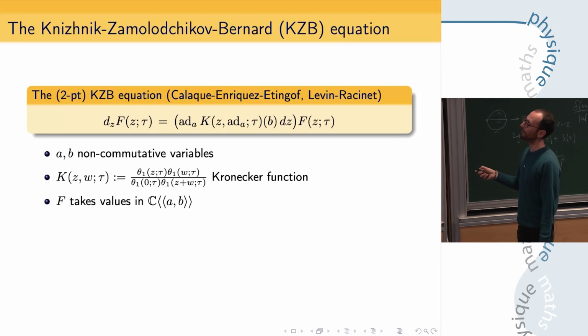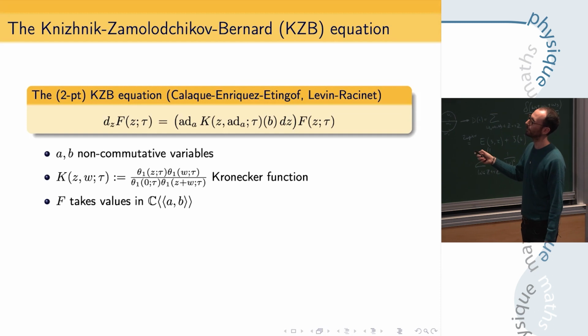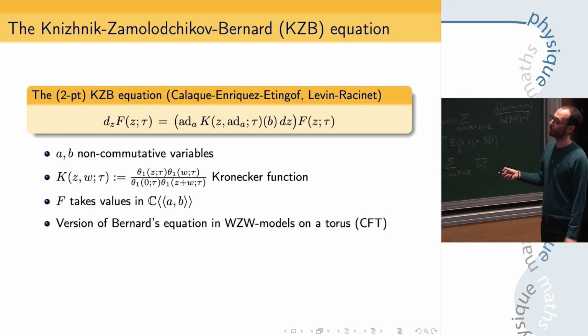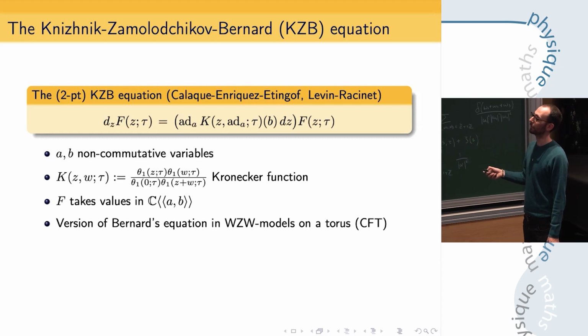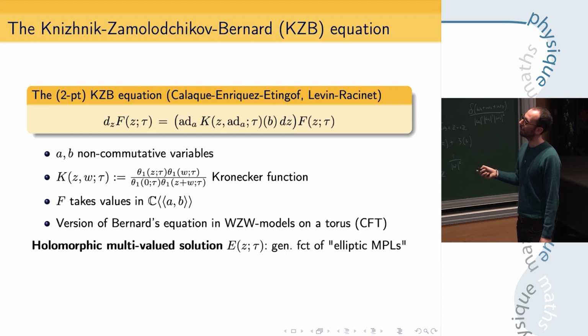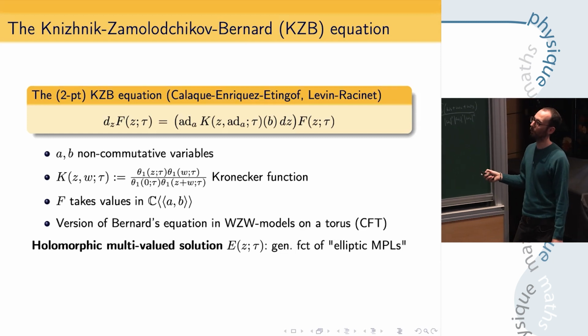And you look for some F taking values in here again. So this will act by multiplication on F. This is a version of Bernard's KZB equation in Wess-Zumino-Witten models on a torus. And it turns out that if you solve this, if you look for a holomorphic solution by, again, this Picard